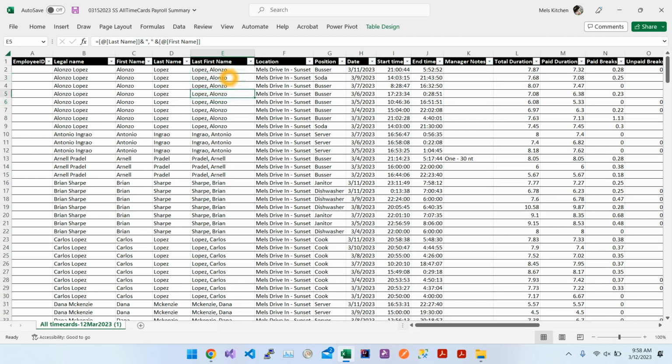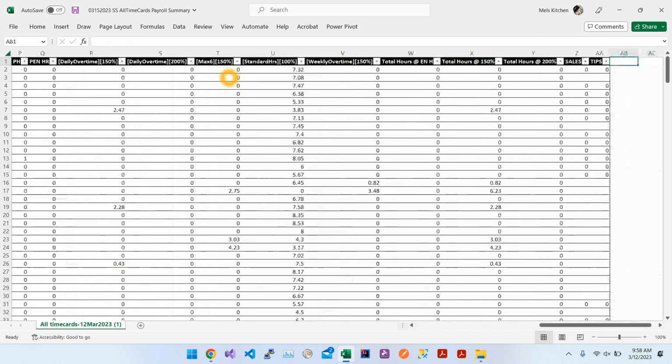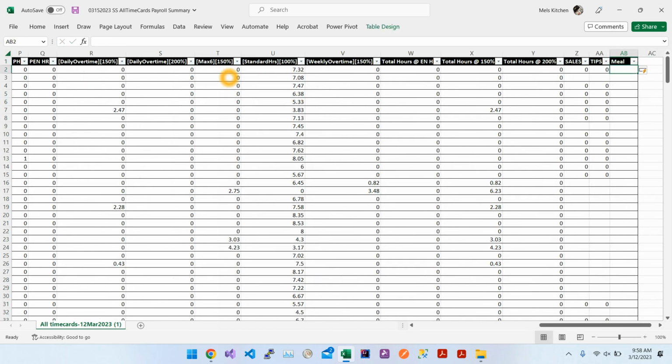I got this last name, first name for each person, right? One more thing that I like to do is insert another column that says meal. And then I'm going to put equals 1, Control Enter. That gives me 1 meal for each time card for everybody. Okay, we're going to see about that later. Okay, so here we're going to rename the sheet